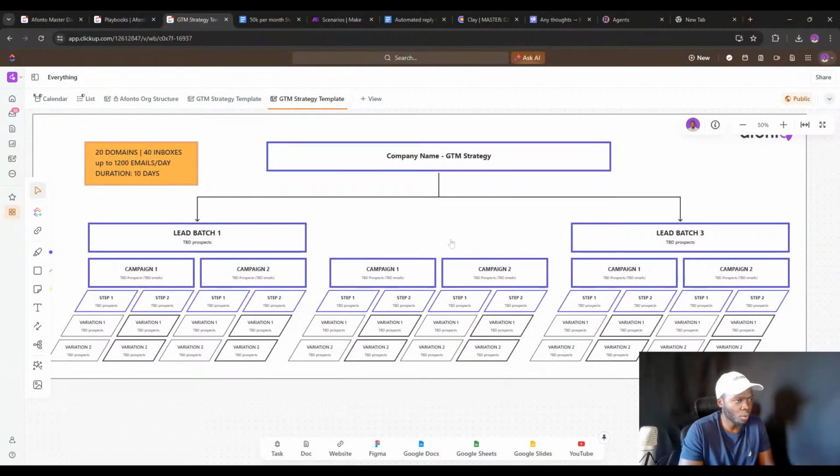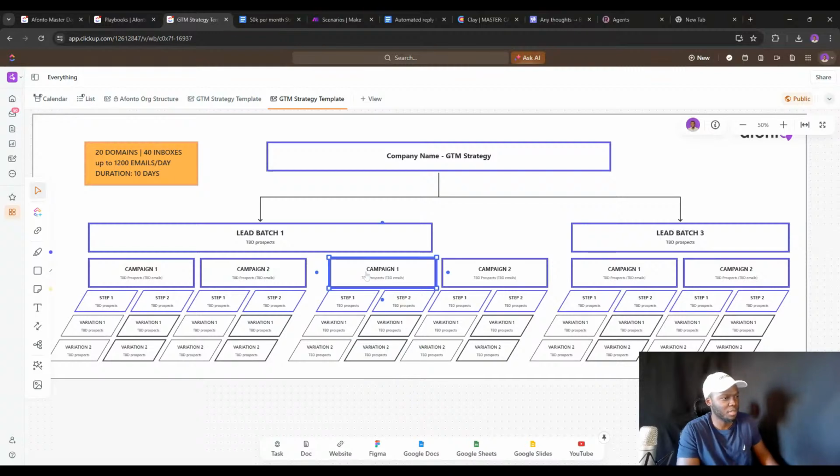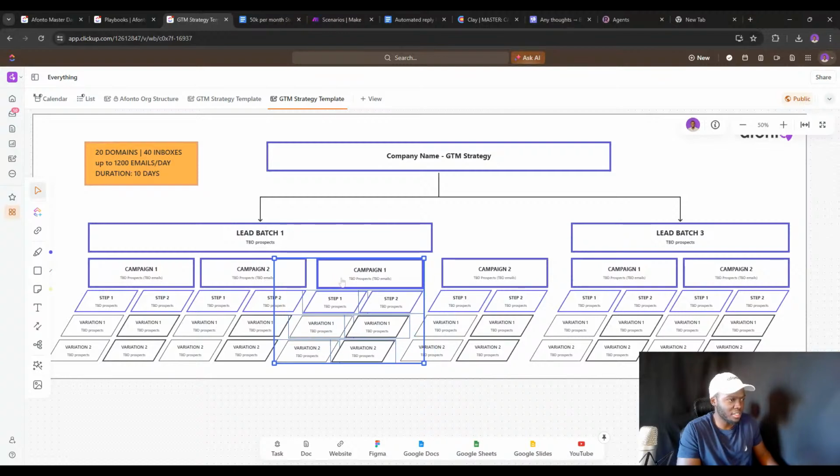Because when speaking with other agency owners, I've realized that they don't run this many different campaigns, right? They run campaigns, and they run a lot of different campaigns, but they don't tend to run as many as I'm doing like this. And they don't do it like this. So the way I'm thinking of doing it is the same volume, but just